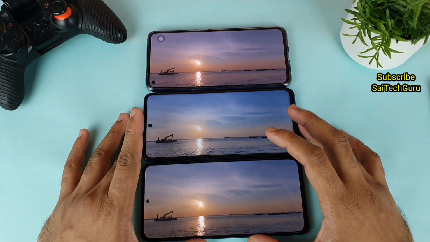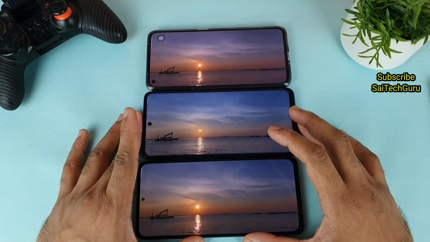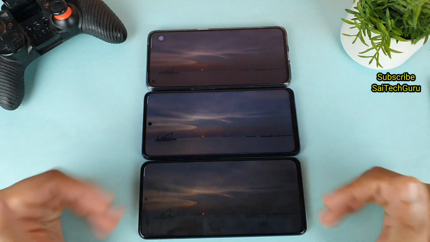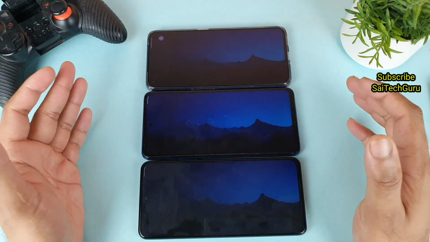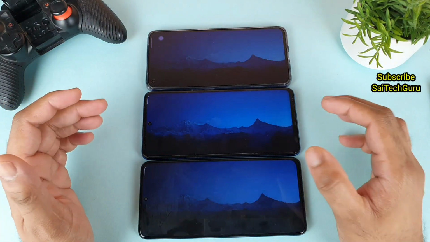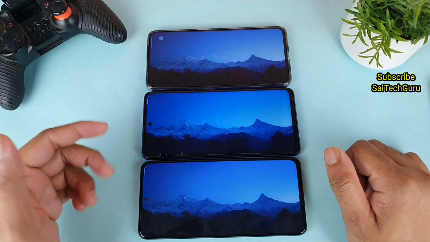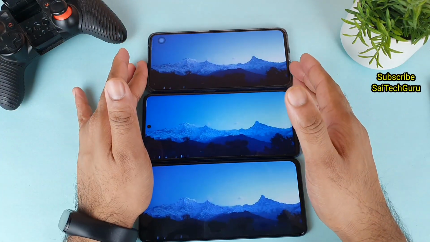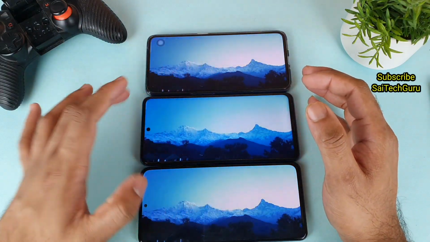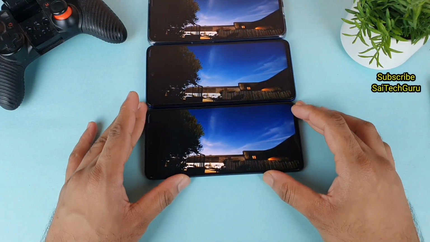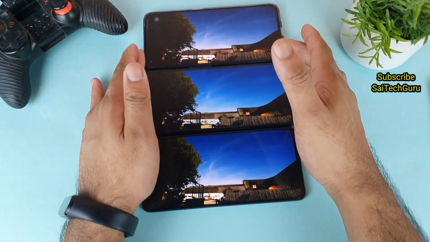So let me try to use the normal colors without any kind of modification, so you'll be able to see the actual difference in terms of the colors in all the three smartphones. The reason why I'm using this video is particularly because every time you'll get this kind of dark scenario, and you'll see that only in a small number of phones only a small area is brighter. That is why every time I'll be using this kind of method, and you can see all the viewing angles.